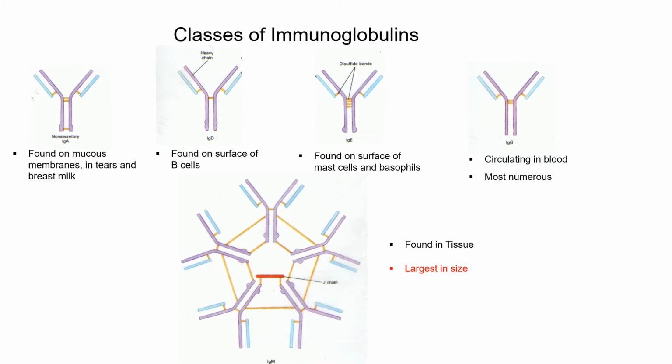Now, I know you're looking here on the screen and you say, well, you said there were 4 classes of antibodies, but there are really 5. Well, that's true, but one of the classes, IgD, is something you will never make once you're born. And I'll explain that as we go. So the other 4 classes are the ones we focus on.